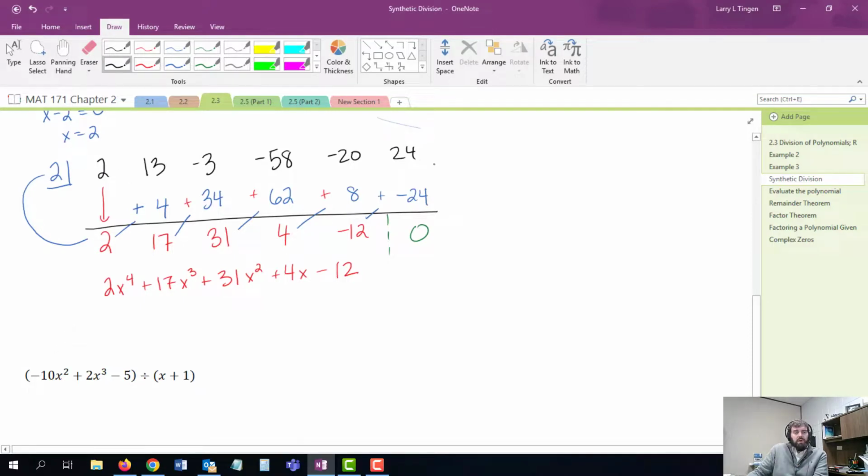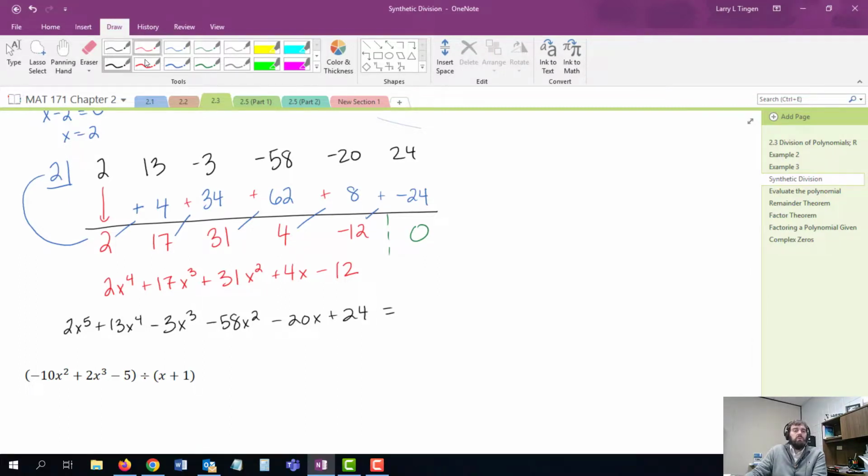It's all written right here if we can read it correctly, right? These numbers in black across the top, those are the coefficients of the original dividend. So that 2 corresponded to an x to the 5th, the 13 an x to the 4th, the negative 3 an x cubed, the negative 58 is an x squared, negative 20, and then